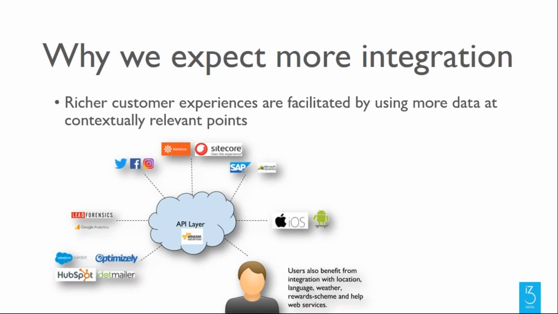If we look at what you typically have within a standard digital approach, you're always going to have your content management systems, your CRMs, your social media insights, your tracking tools like Lead Forensics, potentially conversion tools as well, like Salesforce, Pardot, Optimizely, HubSpot, Mailer, Eloqua. You're going to have apps as well. But what's often forgotten about is that there are a lot of different areas of data that users also want to see. So location services, language, weather, reward schemes, help services, all that sort of stuff can be used collaboratively and together to create a really interesting user experience that allows these user experiences to really sing.